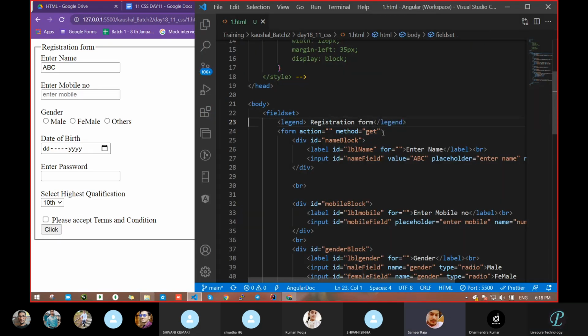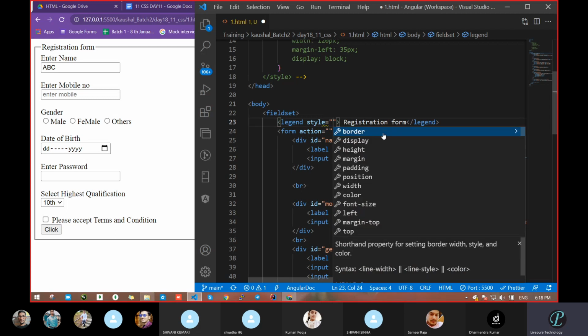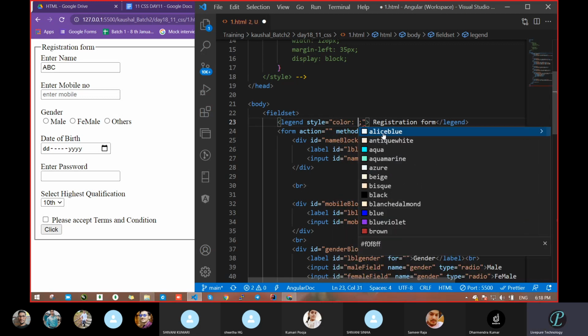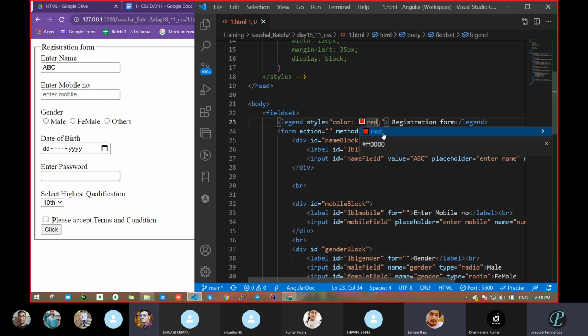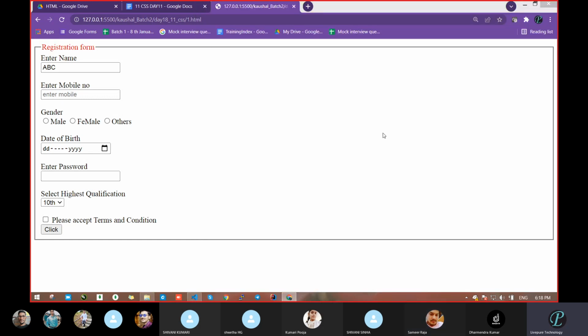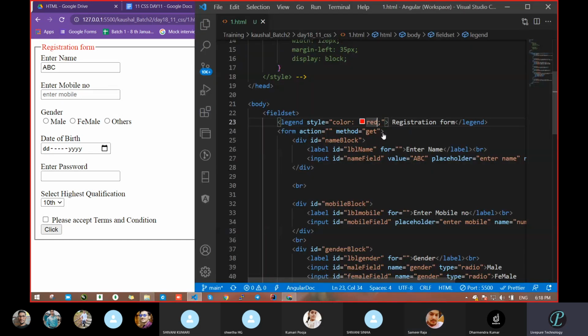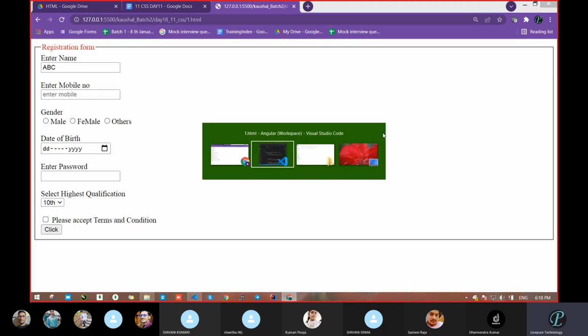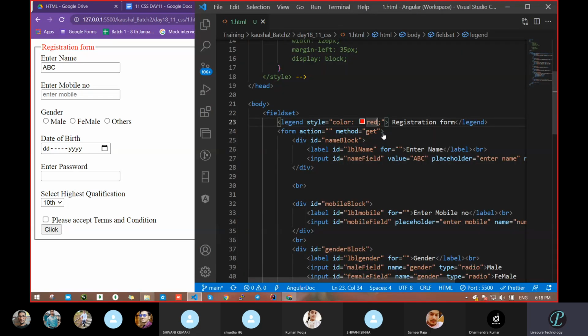Give this border? No, border is not required now. If you want a style, you can pass a style. Suppose for text color, if you want, go with red or something, whatever you want. And now if you want, as Pooja suggested for the div section, now you can take all div inside border. So do one thing.